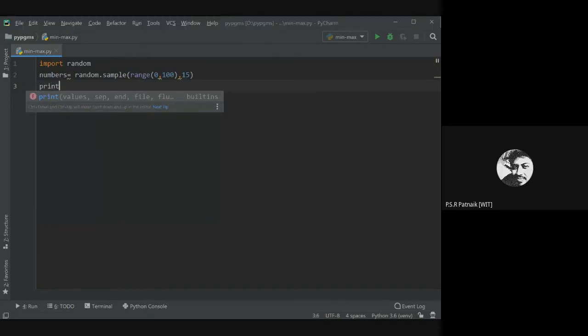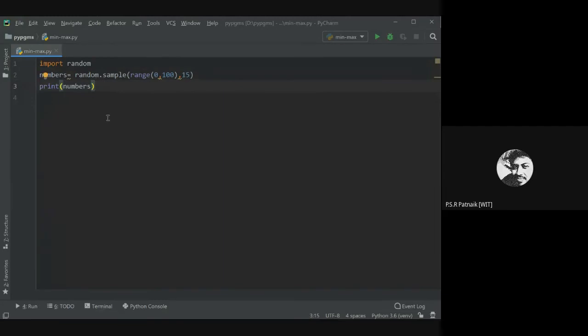You will get an understanding of what I'm trying to do here. If I print numbers, see what I'm doing: I'm creating a list. Numbers will become a list. With random.sample, I'm asking it to first generate 100 numbers, from 0 to 99, as the end is exclusive. So create a list of a range of 100 numbers, and out of that, choose 15 numbers randomly. That's what I'm telling it here.